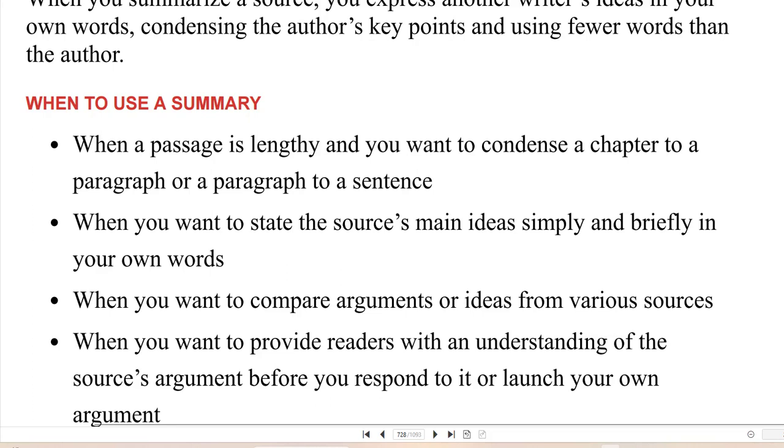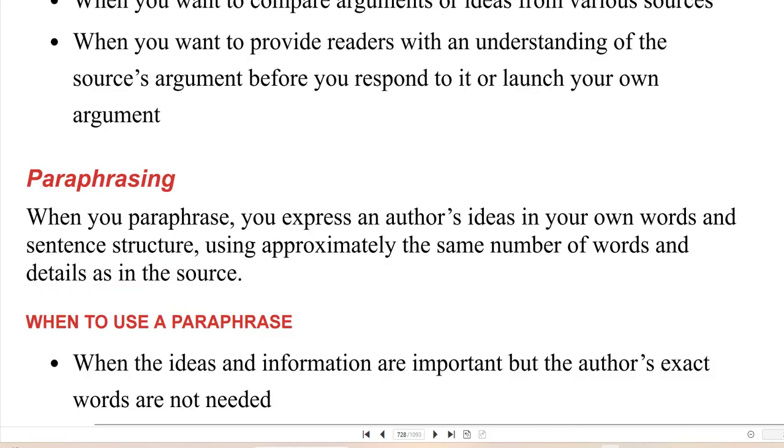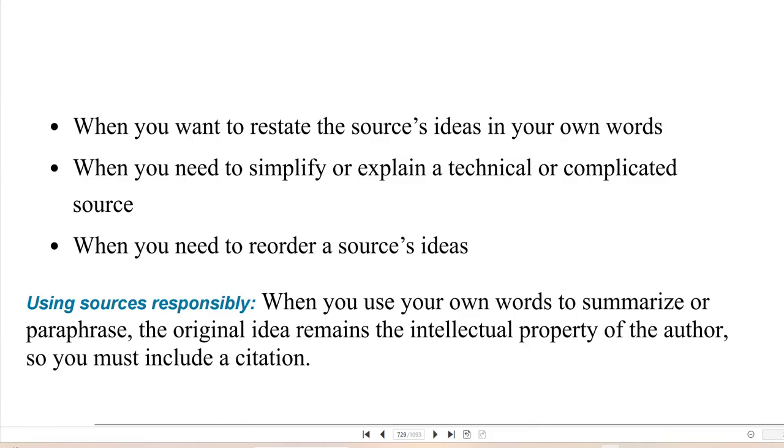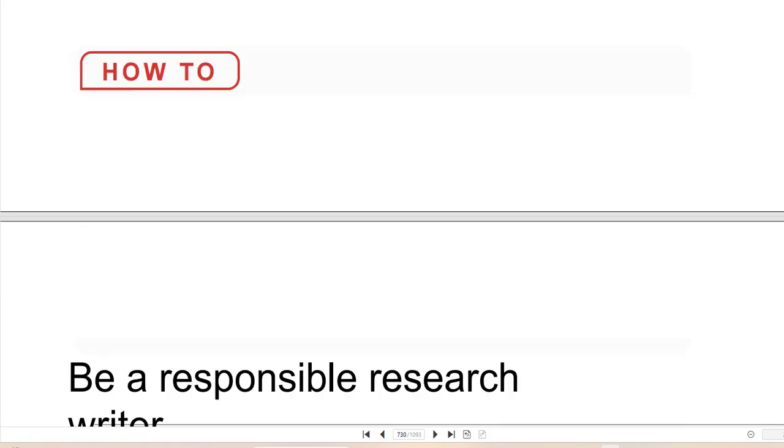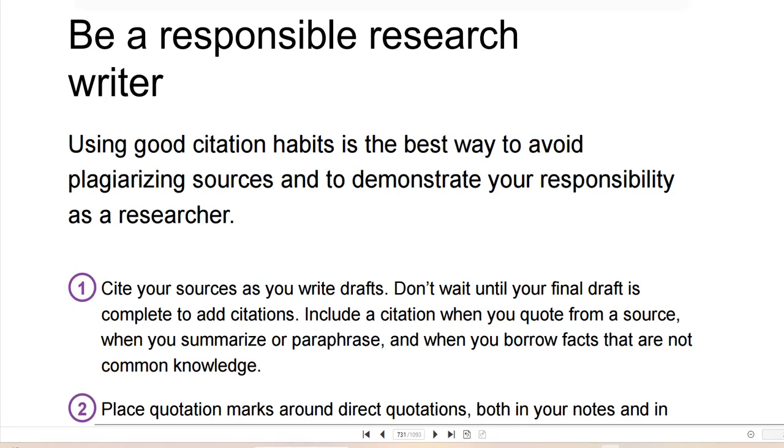And your in-text citation should be no more than 3 lines. When a passage is lengthy, you want to condense a chapter to a paragraph or a paragraph to a sentence. Those are some of the reasons why you would want to summarize the information if it's too long, so that it can fit into 3 lines and into the flow of your paper.